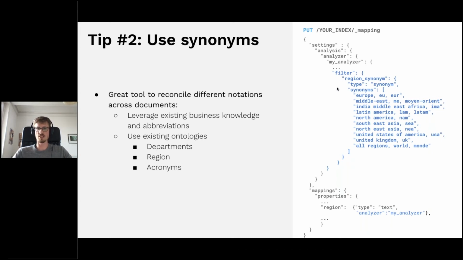So that's a first processing step after you split your words. And what that filter will do is replace any occurrence of this word by the 3 words. So the document will match any of the 3 words here. And that's something very useful when you have, for example, abbreviations for departments that have different names in different languages. Maybe you have a hierarchy of departments, so you could include the hierarchy here. And there are many use cases where this is something very useful, and we've used it quite a lot in our case.